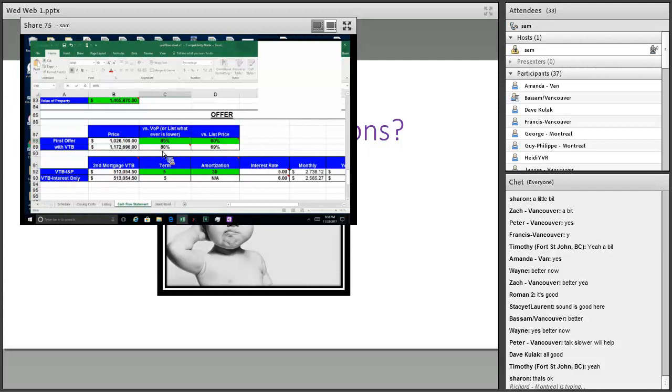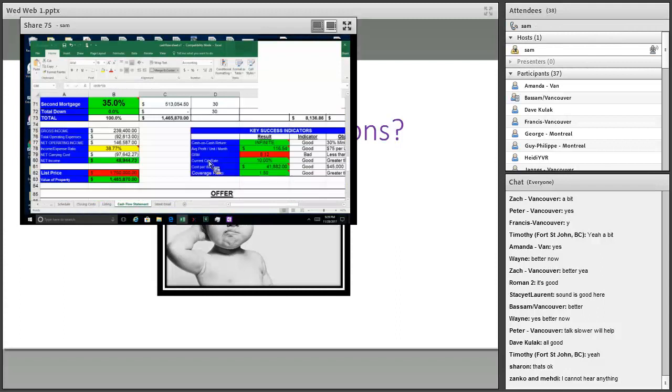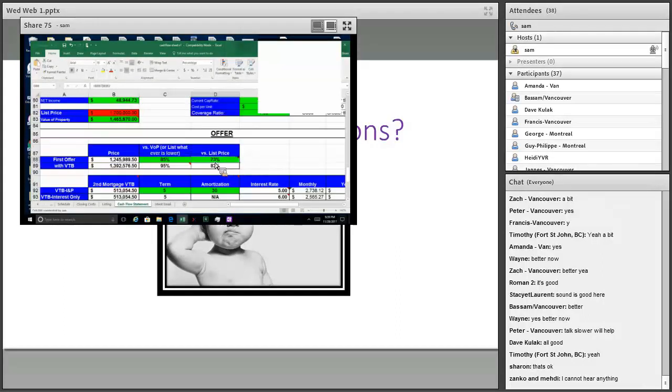Actually, what I'd like to do here, just for everybody, just bump this up to 85, and a lot of them actually bump to 95. This is healthy enough for discount. You don't have to worry about going lower. That's 70. 85 is fine. So when we go to 85, it's 1.2545 on the property. That's 85% of this number. 73 is 73% of the actual list price. So it's telling you how far you are away from list price. Now you can see that's pretty deep, right? 26%.